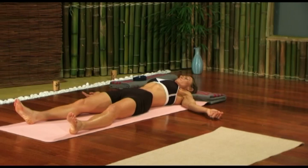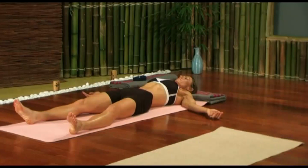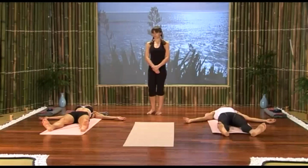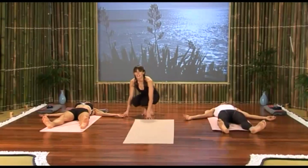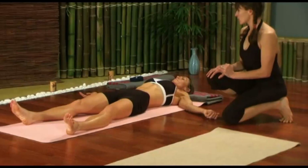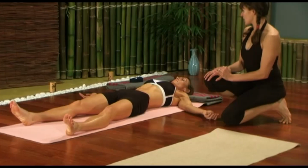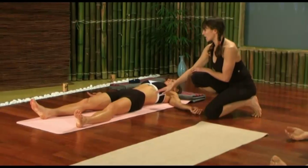Quietening our mind and focusing in on our breath. Letting ourselves be here now, in this present moment. Long, smooth and even breaths. On the inhalation, breathing in through the nose and out through the nose. And on the inhalation,